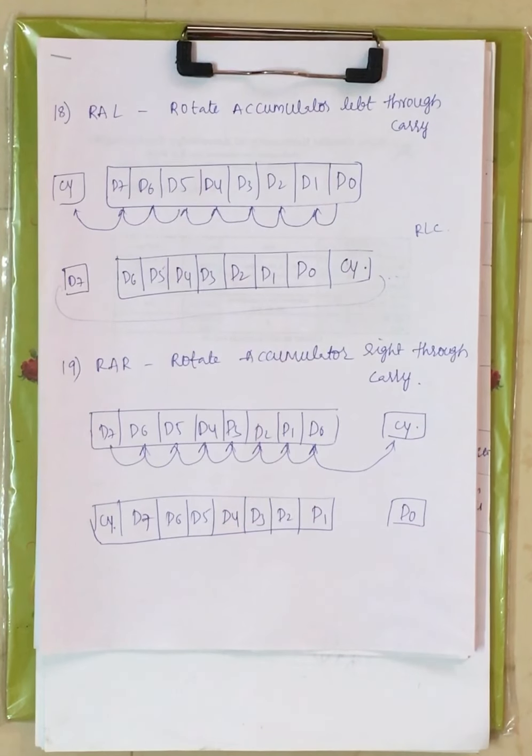Now this is about the logical group of instructions, right? In the next lecture we will see the branch group of instructions. We have seen 3 different types and the leftover are 2 different types. One is the branch group of instructions and another one is the IO and machine control group of instructions, right? We will see this in the next lecture. That ends the total instruction set of 8085. Those remaining 2 parts, the branch group and the IO and machine control group, we will see in the next lecture, right? Thank you.